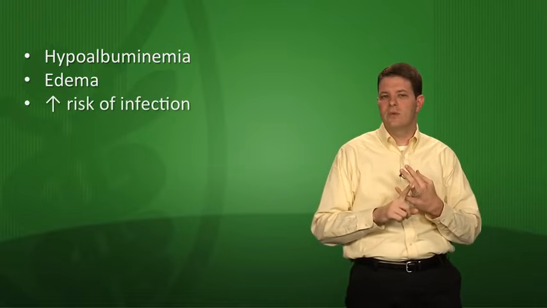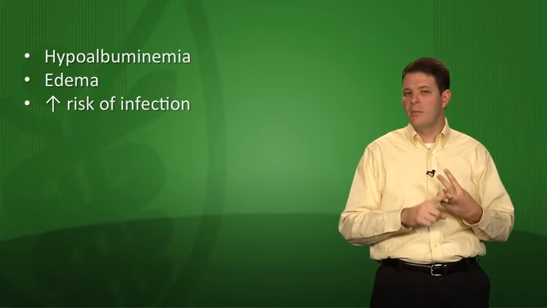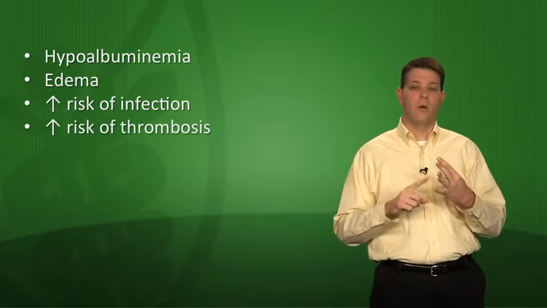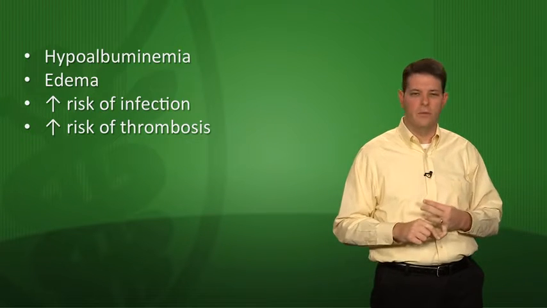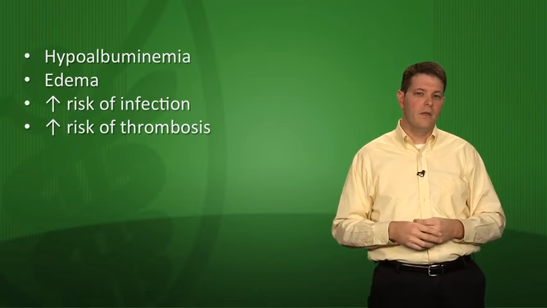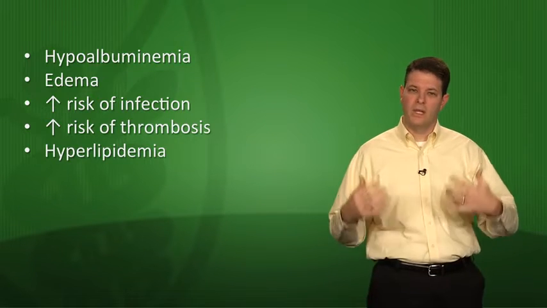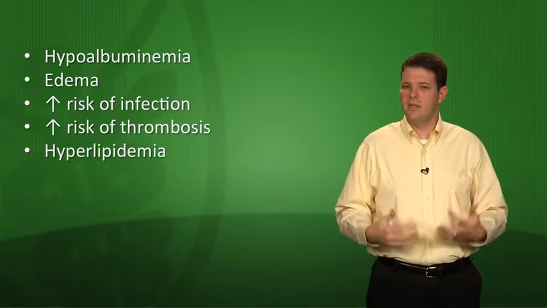They also have increased risk of infection because they're losing immunoglobulins in the urine. They have increased risk of thrombosis because they're losing an anticoagulant protein called antithrombin in their urine, so they tend to clot. They also have hyperlipidemia because when the oncotic pressure starts to fall, it stimulates the liver to make